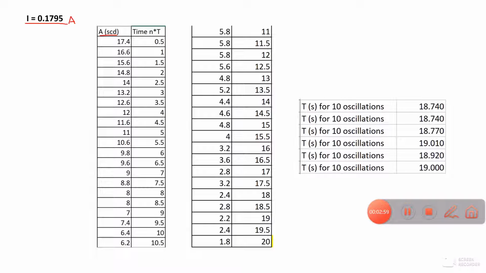You can see how it's decreasing over time. And here in the second column, it's time, which is actually described as a multiple of the period. This is because the data was actually given in periods of 10 oscillations, as you can see here. So for example, for these first 20 oscillations,